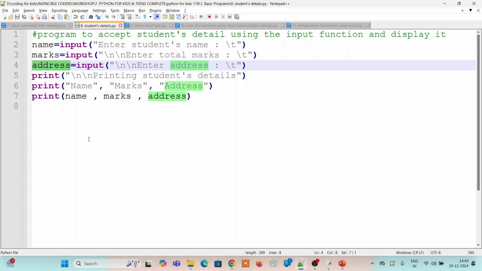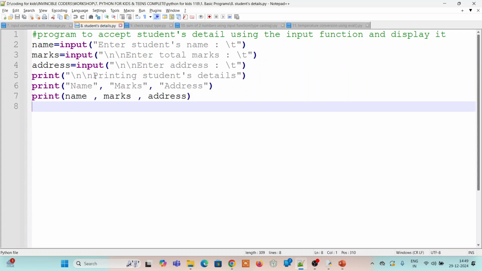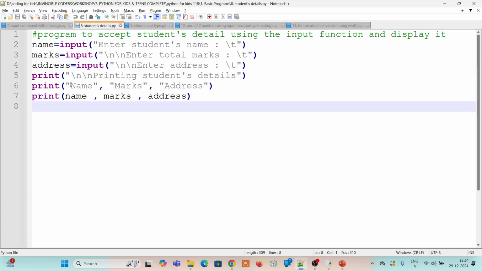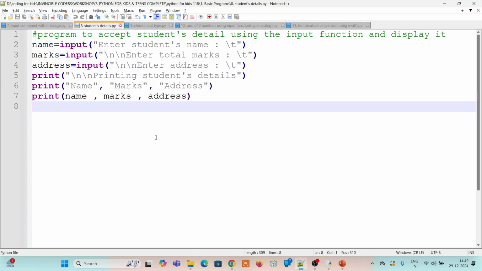So these three values we are printing using these print statements. What we are writing is printing the students details, like these are the name, the marks, and the address. So this will be in the form of columns. So if we execute this program,